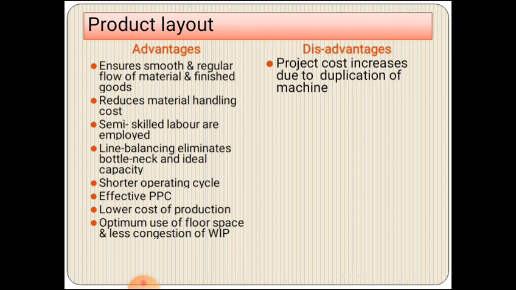So this lower cost of production is related to the employee, so keep in mind, not a lower cost of the production process. It is related to the employee, so minimum employees are required, effective management is there, that's why it's told as a lower cost. But the cost required for machineries and equipment is high in product layout, because there are repetitions of machineries, more machineries required for the same operations, that's why it requires higher cost. But when we discuss the employee, it requires the minimum employees, that's why it's a lower employee cost, right.